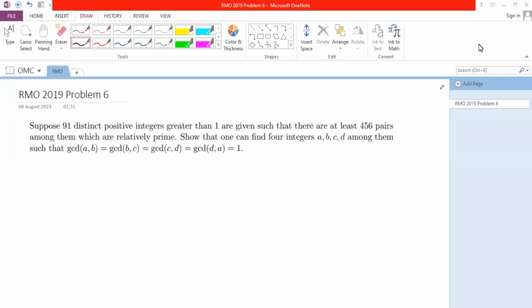Hello everyone. Today I will discuss the solution of RMO 2019 problem 6. So here is the problem statement. Suppose 91 distinct positive integers greater than 1 are given such that there are at least 456 pairs among them